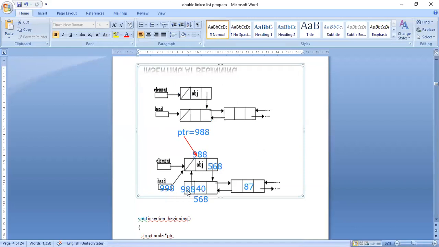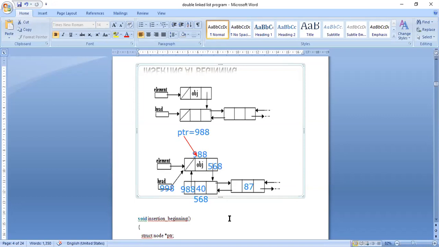In this previous, what will I keep? I will keep the value of this pointer, because I told you I should change the link part of next and previous of the newly created node, and the previous part of the previously first node, that is node 40, and I should change the value of head. So four things I have to change: the previous address link of 40, the next link of the newly created node, the previous link of the newly created node, and the value of head.